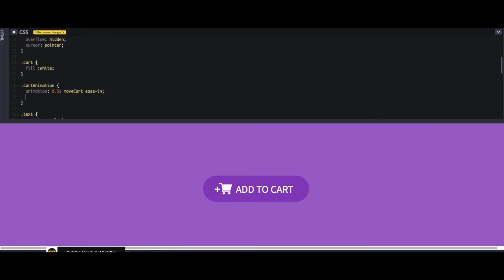Then I'm gonna define a move card keyframe. For the move card keyframe, I'm gonna start with 10%,